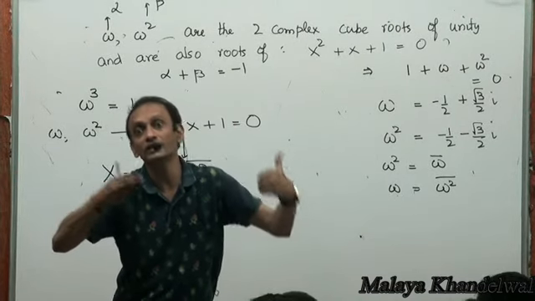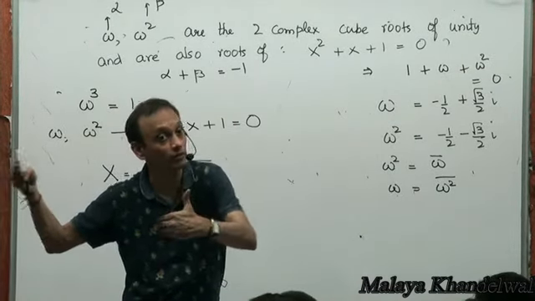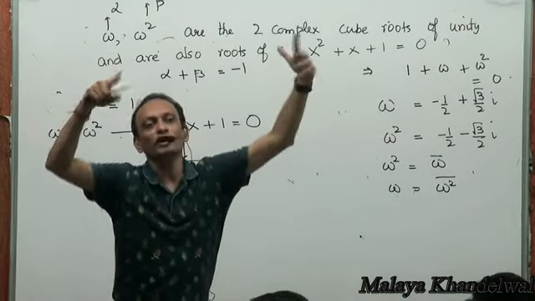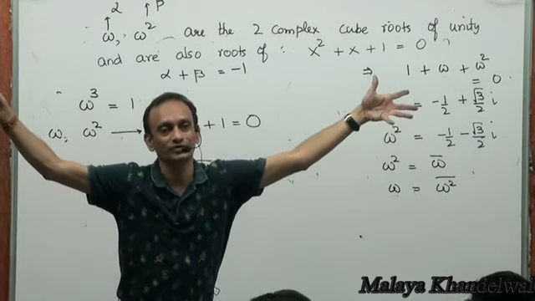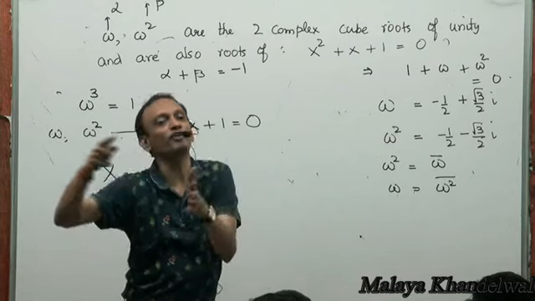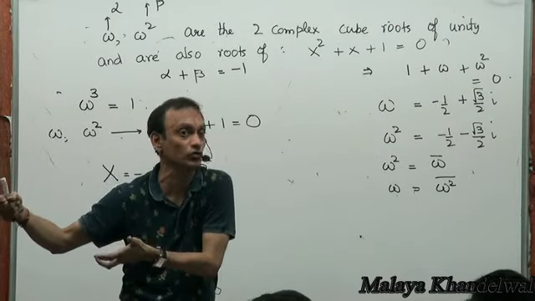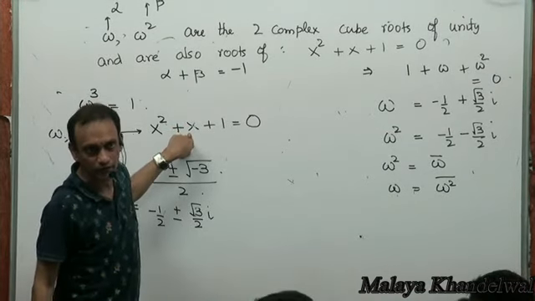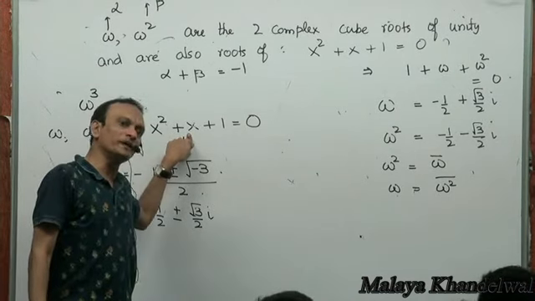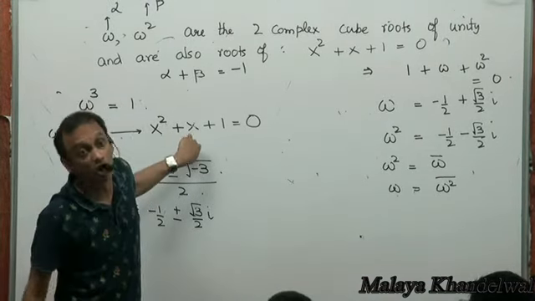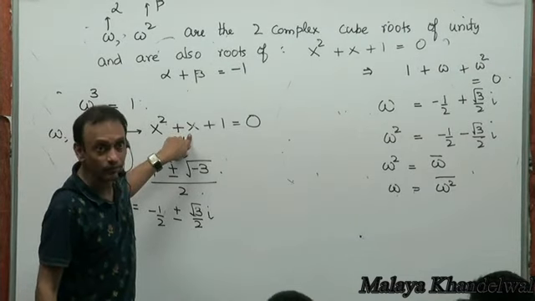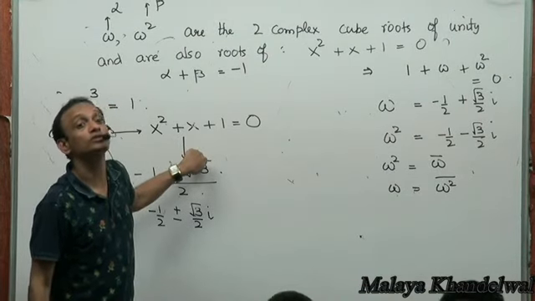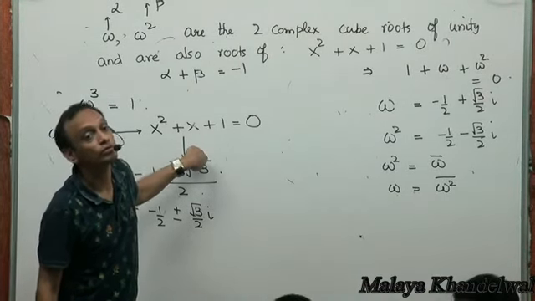But that will give me, let's say, a real value of alpha. If I know that alpha and beta are complex, one of the values, of course, I can always say omega cubed is omega cubed, isn't it? Alpha cubed equal to beta cubed, one of the possibilities is alpha equal to beta. But this is a situation in this quadratic where alpha is not equal to beta. Do you see that? So alpha equal to beta is ruled out. Why is alpha not equal to beta? Discriminant is not 0, so the roots are not equal. So if alpha is not beta, then alpha cubed equal to beta cubed does not permit you to conclude that, right?